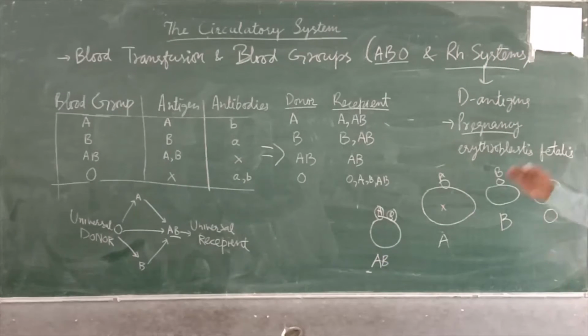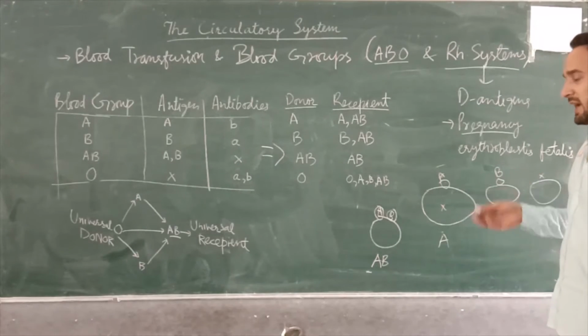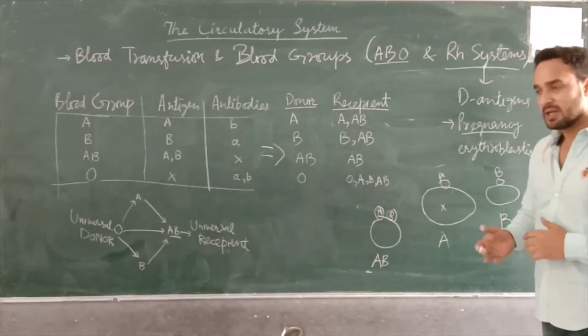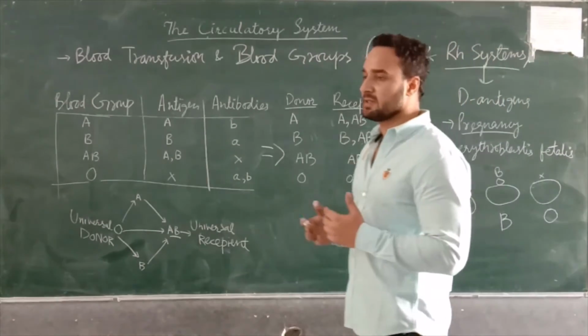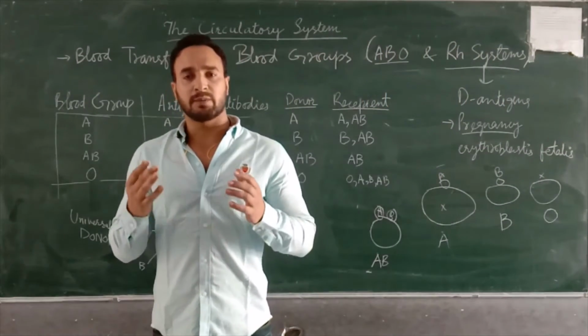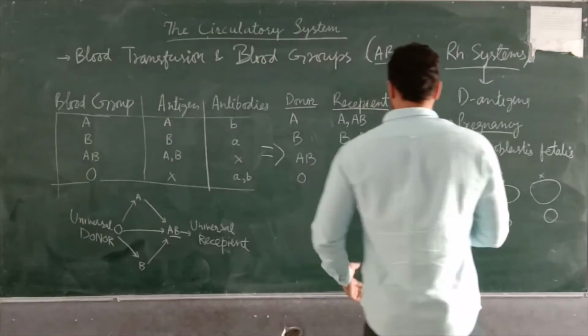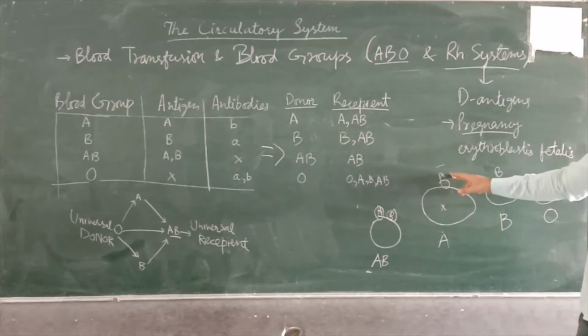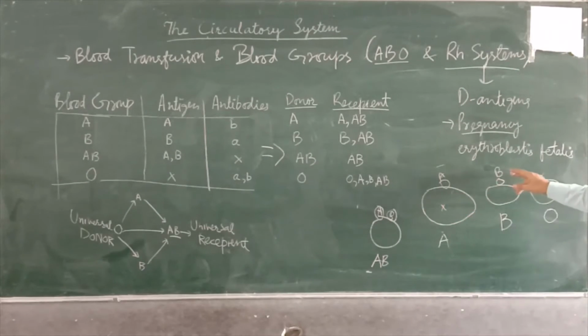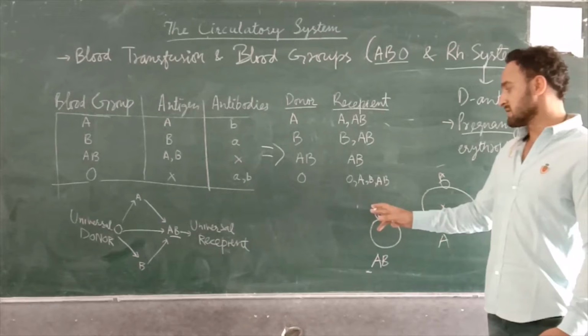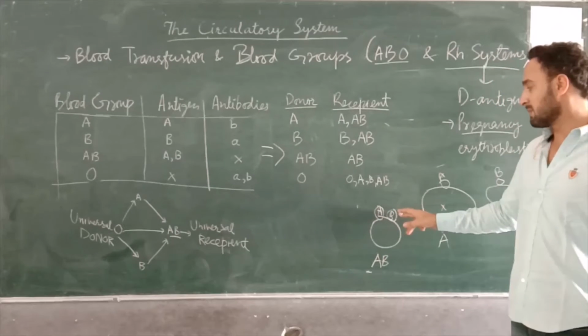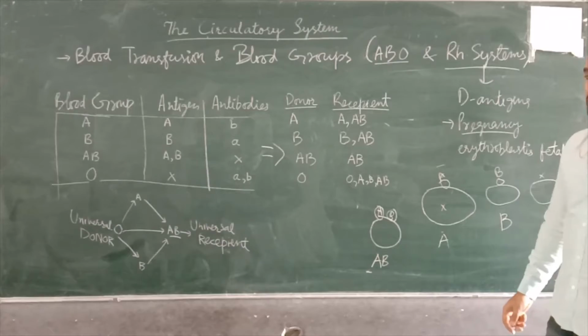Understand? A blood group is assigned on the basis of the antigen. Antigens are proteins. What are antigens? Antigens are the proteins present on the surface of RBCs. So if the antigen present on the surface of RBC is A, the blood group is A. If the antigen is B, the blood group is B. If there is no antigen present on the RBCs, the blood group is O. And if both antigens A and B are present on the surface of RBCs, the blood group is AB. So this is about